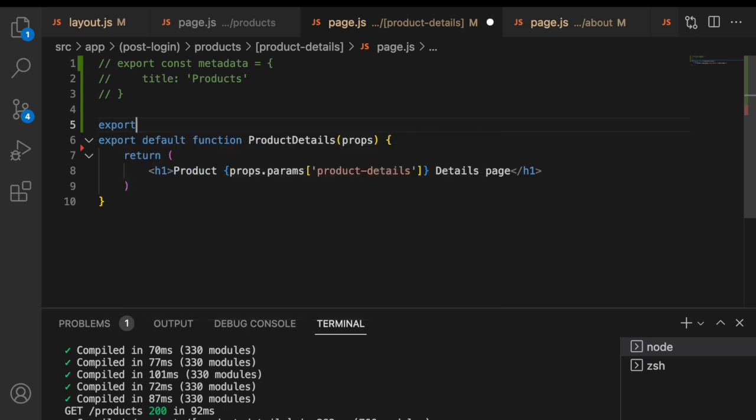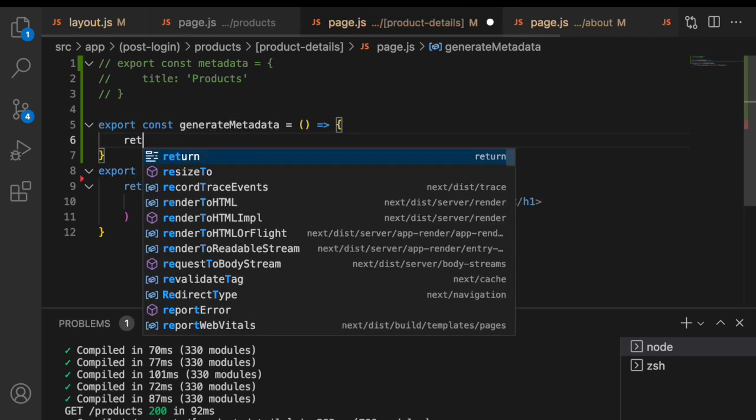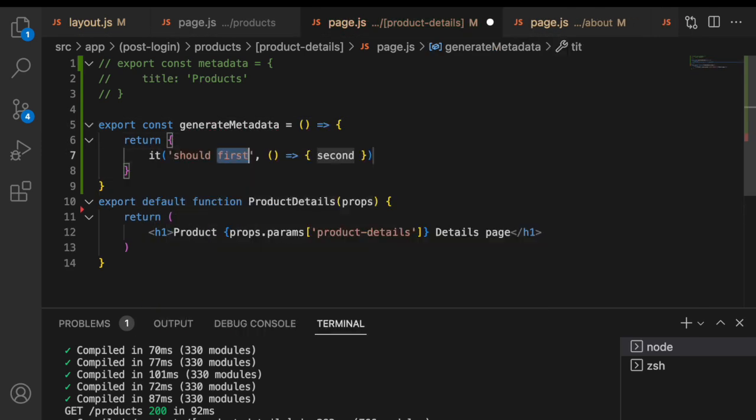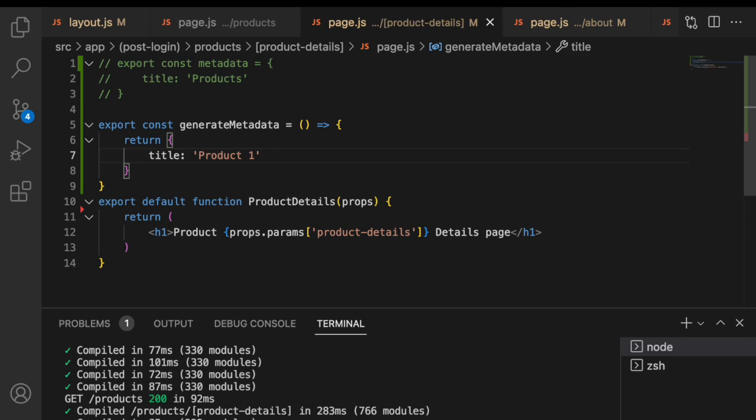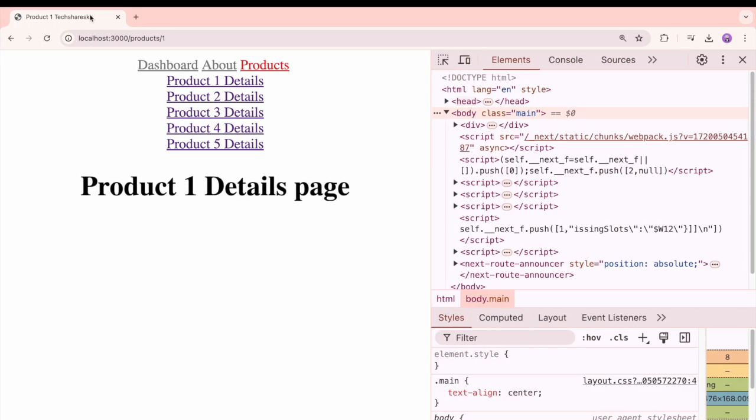So in that case, we have to export a constant function called generateMetadata, something like this. And what we can do is we can return an object inside this. And the title, let me go with the title, and the title is product one as a hard coded value. Save this, and you can see product one,